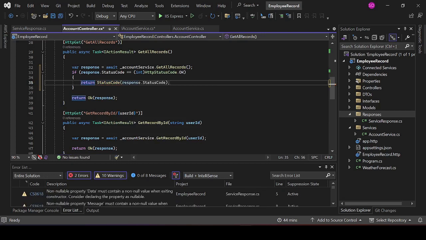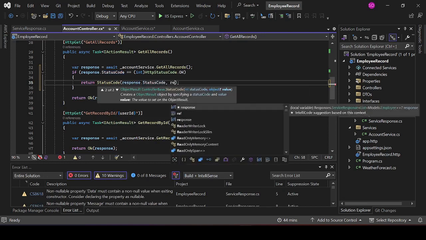Okay, response dot status code, comma, the actual object, which is the response,